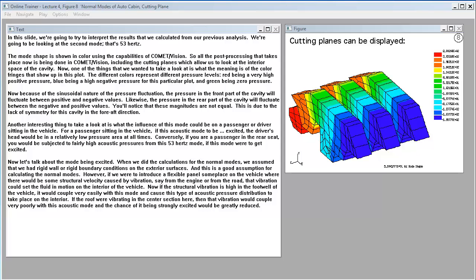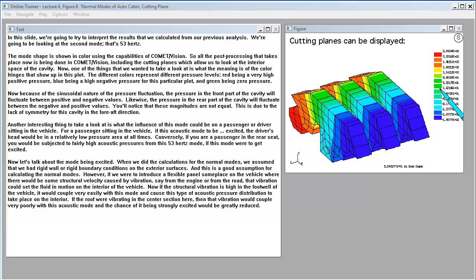Now, one of the things that we wanted to take a look at is what the meaning is of the color fringes that show up in this plot. The different colors represent different pressure levels. Red being a very high positive pressure, blue being a high negative pressure for this particular plot, and green being